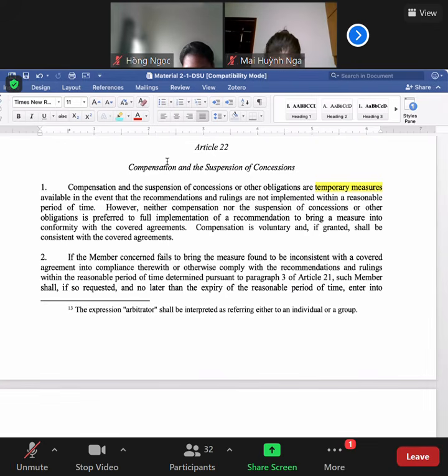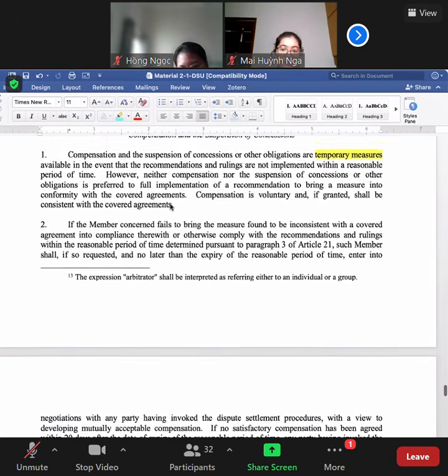That is the questions raised by V before. Now, if after the reasonable period of time there's no compliance with the rules, then the complainant may have the right to ask for compensations or suspension of concession. Now, compensations is not popular in the system of the WTO because of some technical problem, but I don't think that we have time to discuss that. So we just pass by compensations and move on to